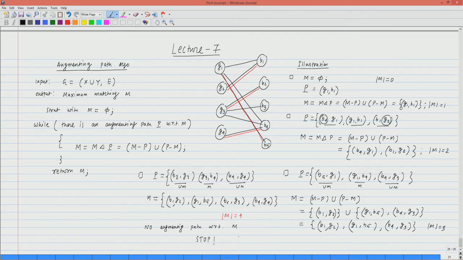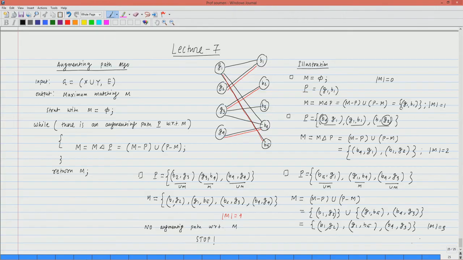Next, we talk about why this algorithm is correct, why the stopping criterion is that you stop when there is no augmenting path with respect to the current matching, and that is the maximum matching, and you return that M. So, why is this true? That will give a proof that M is a maximum matching if and only if there is no augmenting path with respect to M. If we can prove this theorem, that proves the correctness of this algorithm. Before proving that theorem, I want to talk about another result,